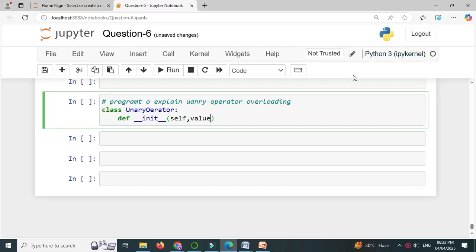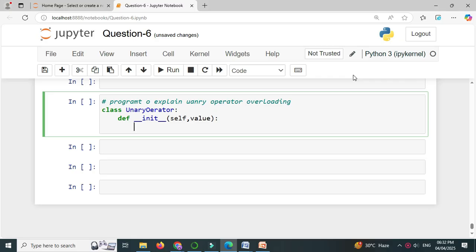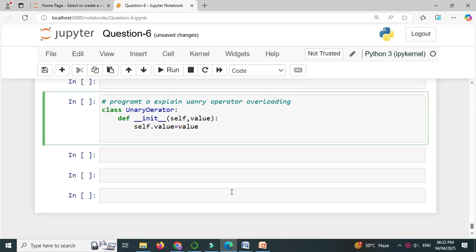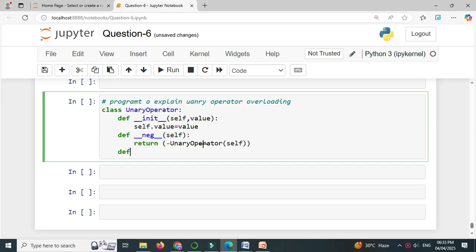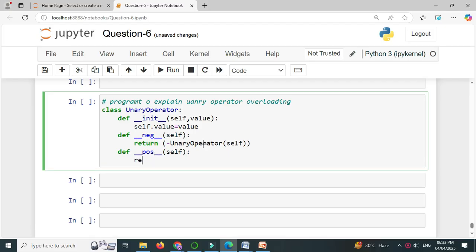with self and value, and we will assign this constructor variable to a local variable as self.value equal to value. Then first we will define unary operator negative with a magic method as def neg with self, and we will return minus unary operator, which is the class name, with self. Then we will define the magic method for positive, so def pos with self, we will return unary operator